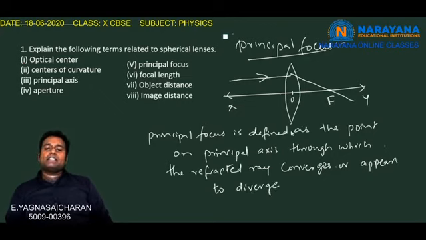So principal focus is defined as a point on the principal axis through which the refracted ray converges or appears to diverge. So we can see in the case of